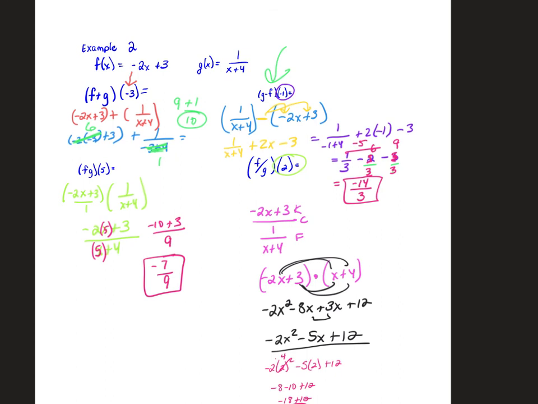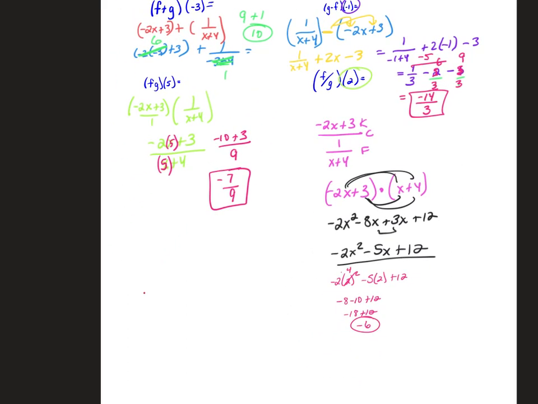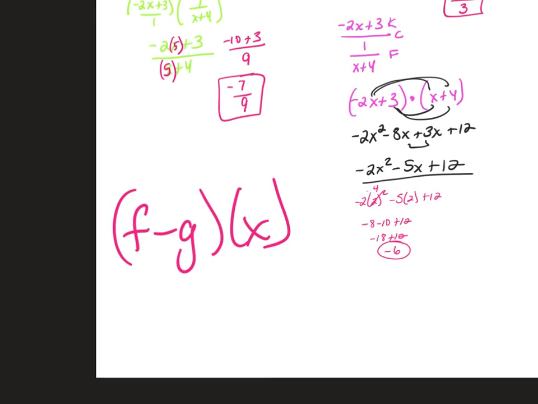Good. So if they give you a number, if it says f plus g of negative 3, that means combine the two functions however they're asking you to, add, subtract, multiply, or divide, and then plug in that number. If they say f minus g of x, all they want you to do is combine those two functions and leave the x's where they are. They're not asking you to plug in an extra x or anything like that. That just means leave your answers in terms of x, is what that's saying. You guys got me? Okay, so